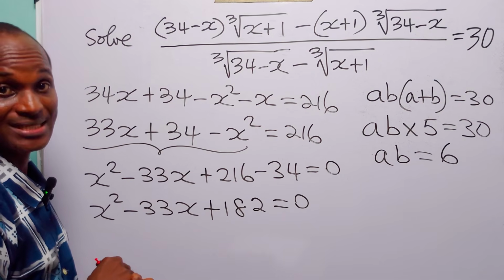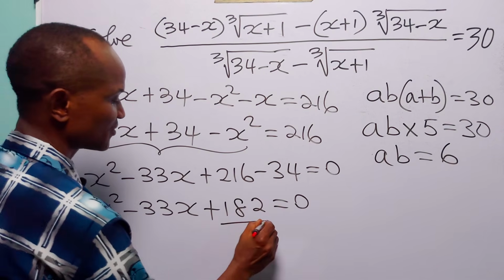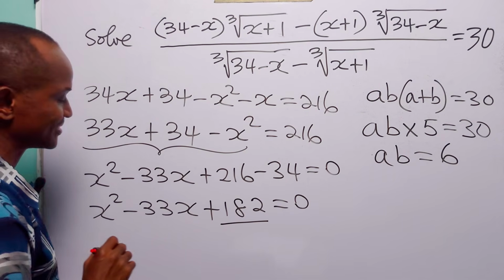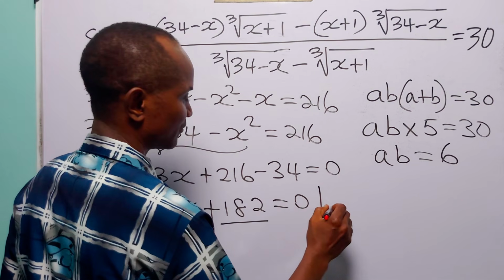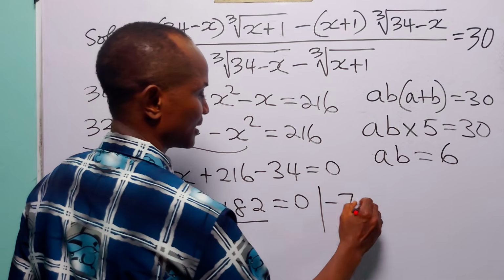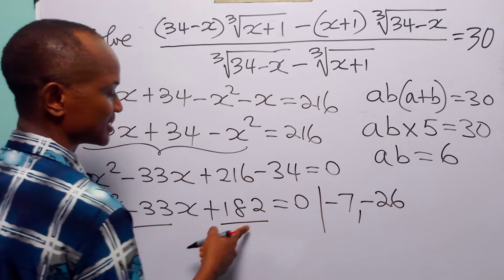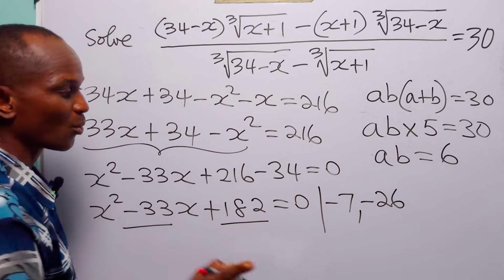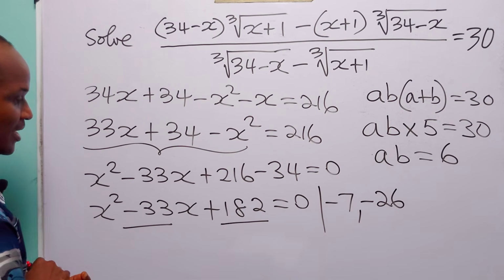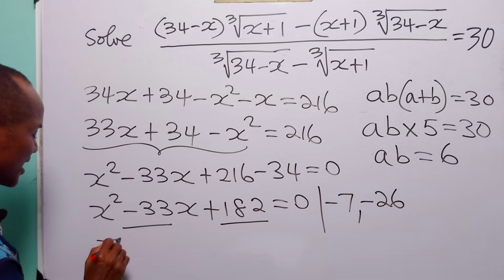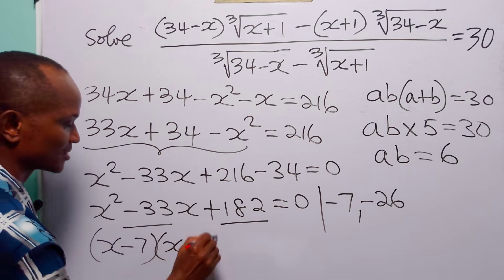Now we can solve this quadratic equation by factorization. Since the coefficient of x squared is 1, all we need to do is to find the factors of 182 that add up to minus 33. And we have minus 7 and minus 26. Minus 7 times minus 26 is going to give us 182, while minus 7 minus 26 is going to give us minus 33. So when we factorize the left-hand side, we have (x minus 7) multiplied by (x minus 26)